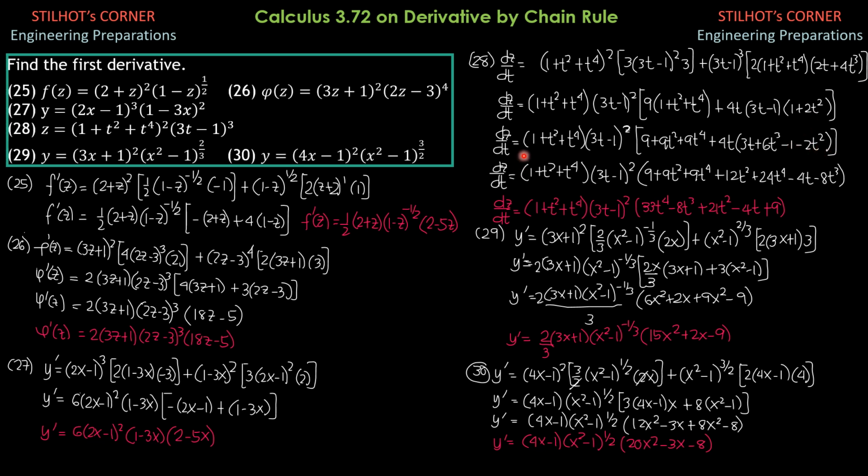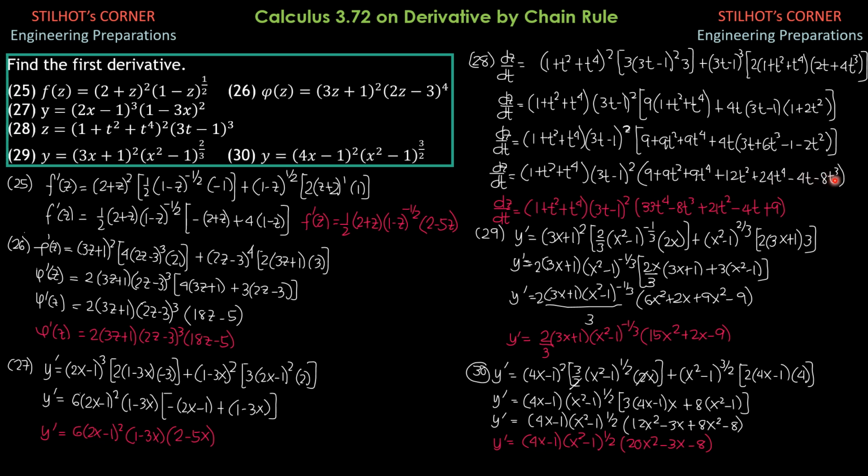So copy, then copy these terms here, distribute 40, so we have 12t squared. 40 times 6t cubed is 24t to the fourth. 40 times negative 1, negative 40. 40 times negative 2t squared is negative 8t cubed. Finally, we copy this first, then